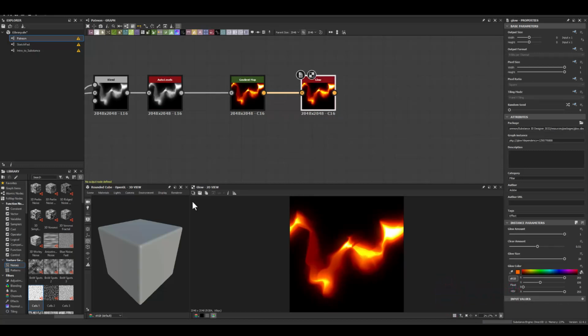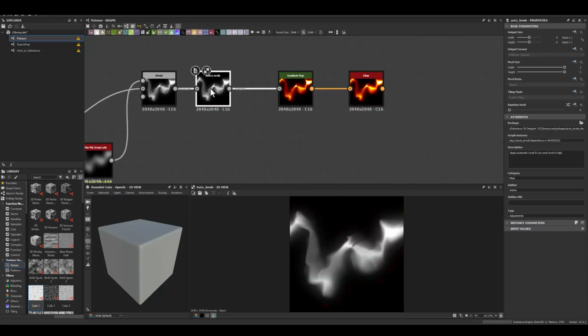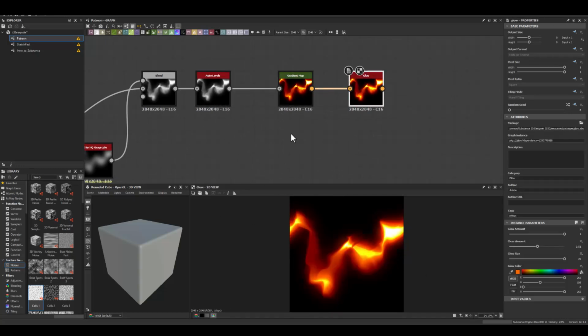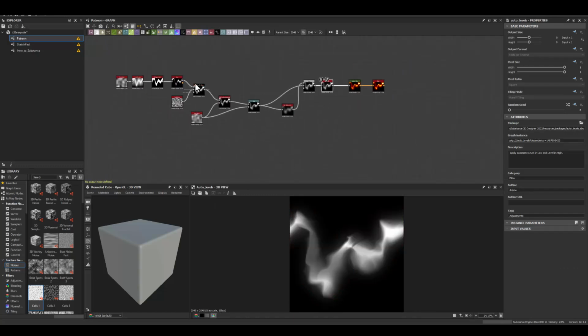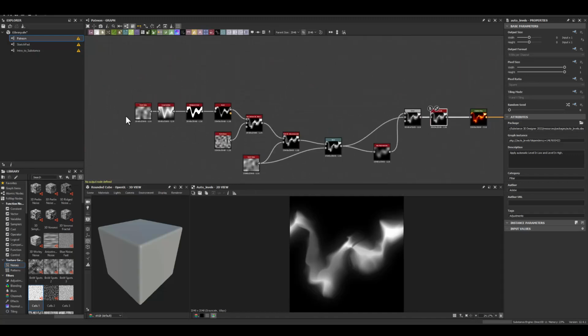However, now you probably have to export it with the colors. However, I like to export from this node, because I'll be adding colors in the game engine rather than in Substance. Alright, so that's one of the trails, and another one, I actually don't want to start from the beginning,